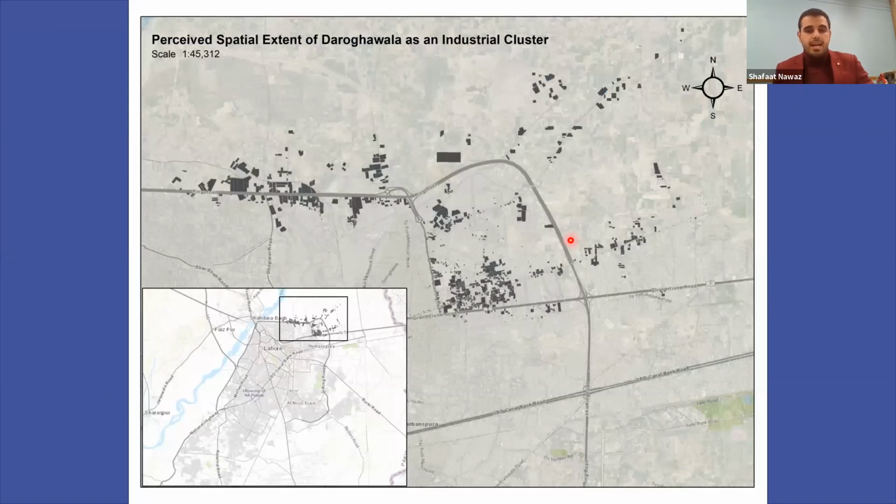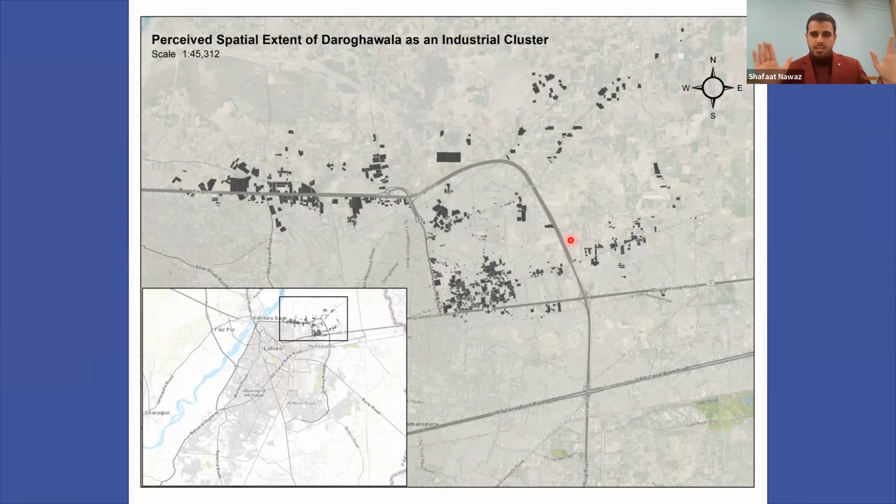So just to give you an idea, this is the Rogawala, which is the case that we selected. And just to give you a context, the area is around 8 square kilometers. For a context, you can think of it as an area equal to that of downtown Chicago. So,